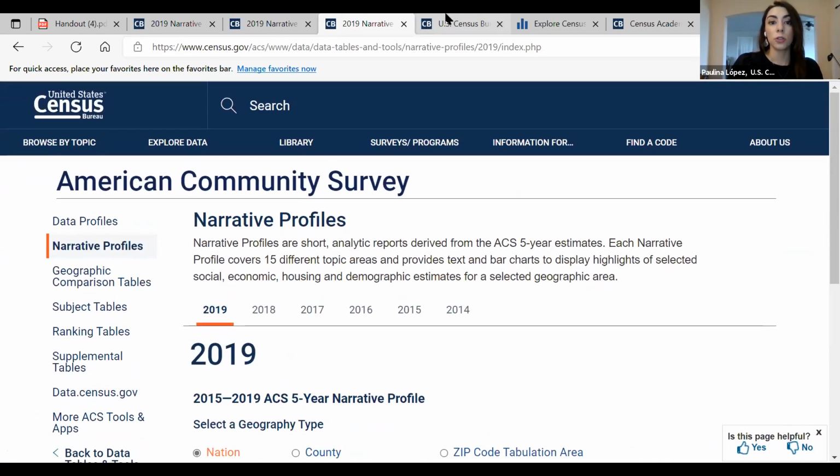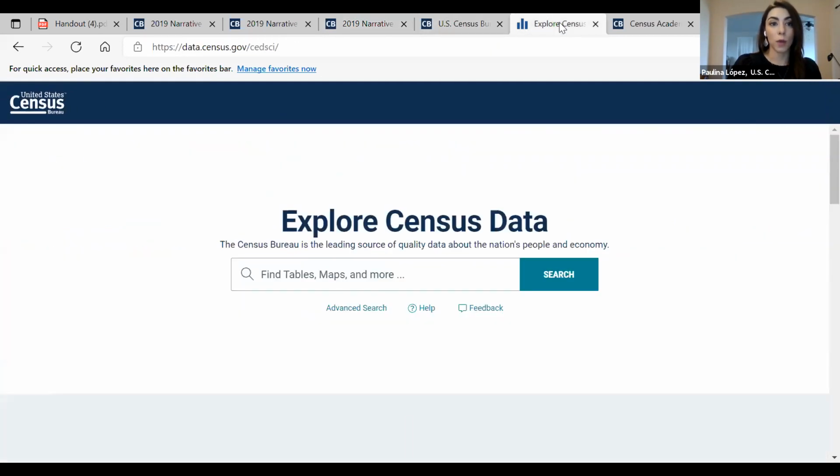Going to our main website, data.census.gov, our final data tool that we'll be looking at today. Many of you may have used Fact Finder before. It was retired last year. So this is now the main data website for the Census Bureau.